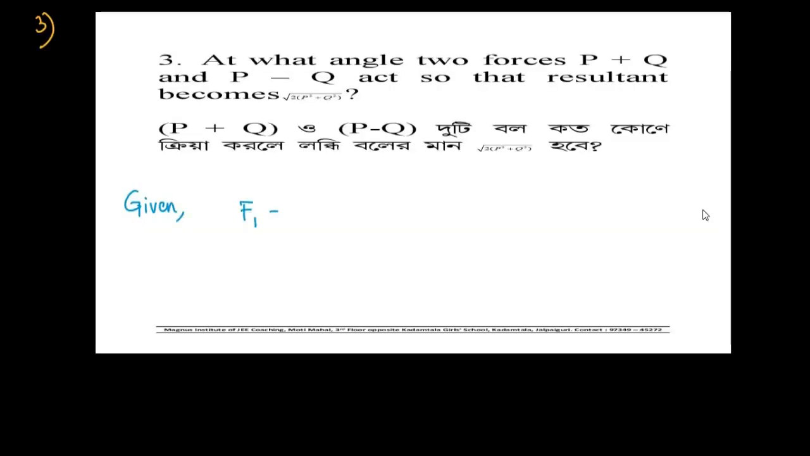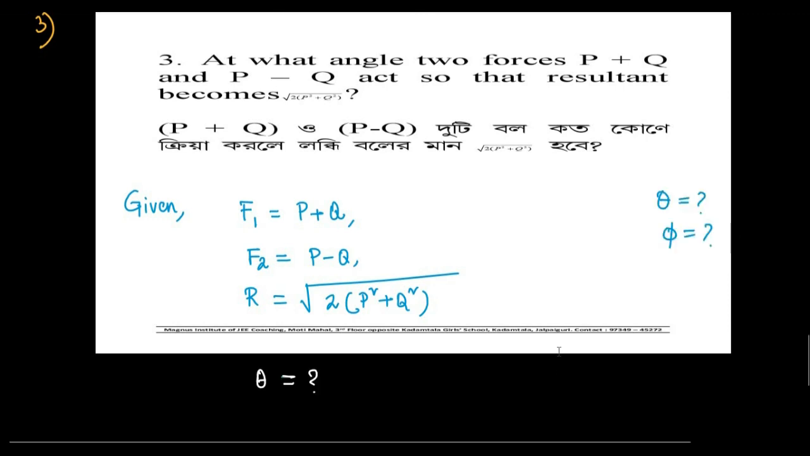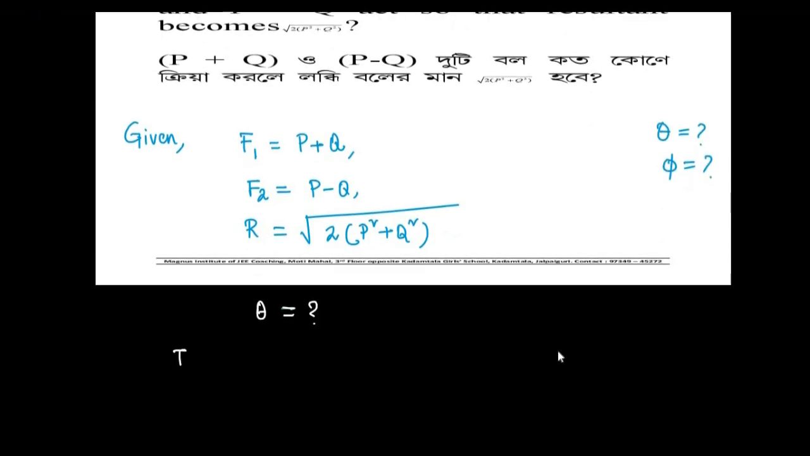Numerical number 3. The first force F1 equal to P plus Q, second force F2 equal to P minus Q, and resultant force R equal to root over 2P square plus Q square. We have to find theta, that is the angle between the two forces. The magnitude of the resultant force